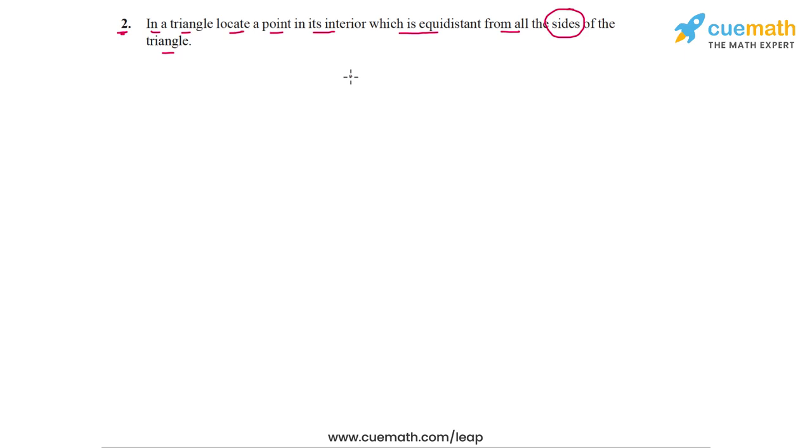So this problem, just like the first problem of this exercise, covers an extremely important idea in geometry, which is finding a point that is equidistant from the three sides of a triangle. So once again, I'm not going to do the solution normally. Instead, I'm going to show you a GeoGebra simulation to help you visualize the whole thing much better. Okay, so let's do that now.